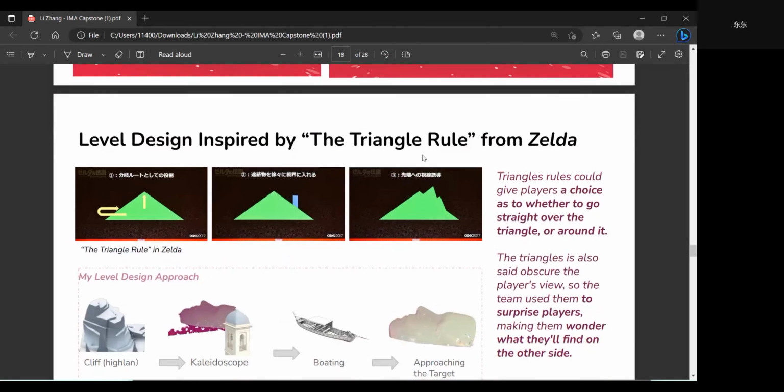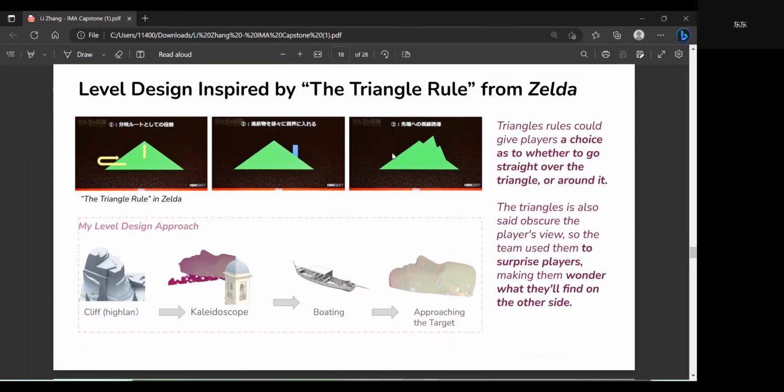By the way, in this scene I try to follow the level design triangle rule from Zelda, because Zelda utilizes a lot of techniques to attract users' attention while hiding certain objects to increase the game experience. I follow that logic to lead the users one by one, and hopefully they can be interested in exploring more of the scenes. This is also something I would like to work on in my later development, because I know it really needs some effort to lead the users and get them interested in exploring the next scenes.